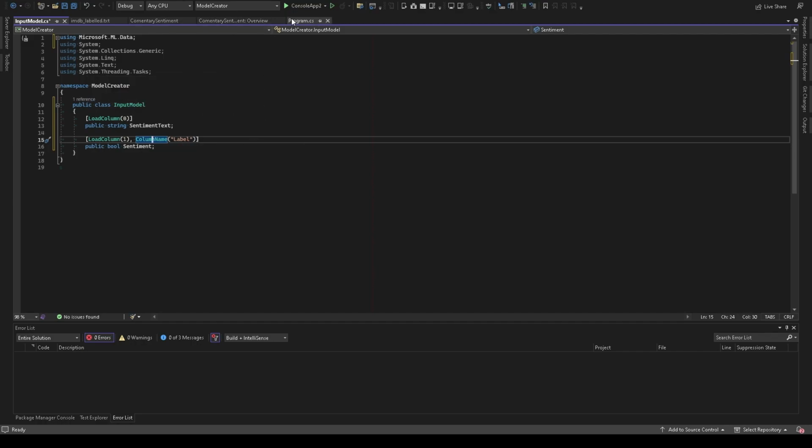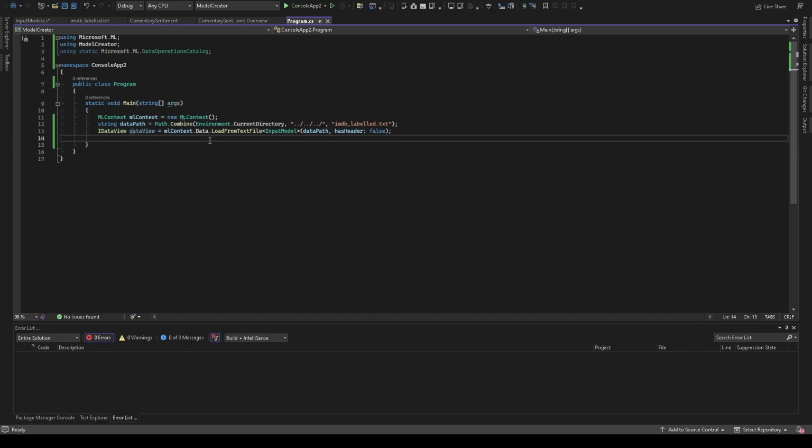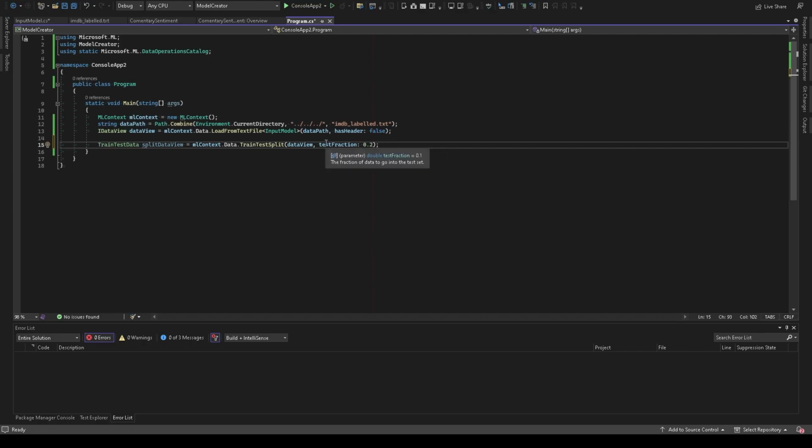Now, since we have our input model, we have to take our data and split it into parts. Now we are using MLContext.Data.TrainTestSplit, which means that we will take our data and split it into these parts. The first one will be the test part, which will take only 20% of the data that we have, and the other 80% will be used to create our model. Like you can see here, this test fraction means that it will take 20% of the data for the